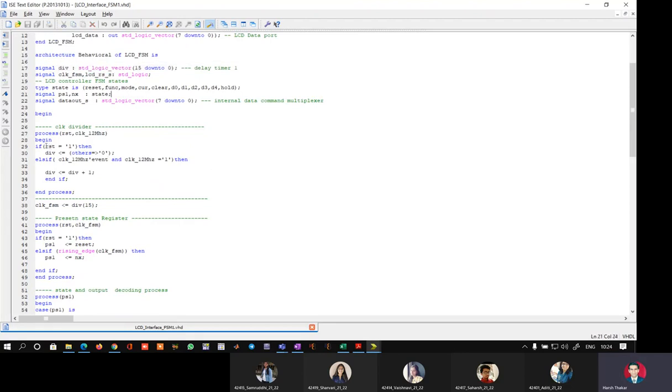So I am telling that if reset comes as 1, then this 16-bit vector, I'm very sorry, it is 16-bit. So div is a 16-bit vector, and I have written on line number 29 that if reset equal to 1, then I have to make that 16-bit vector as 16 zeros. Else if, that means if reset comes as 0, then I have to look for the rising edge of the clock. So this is a statement which is another way of expressing rising edges.